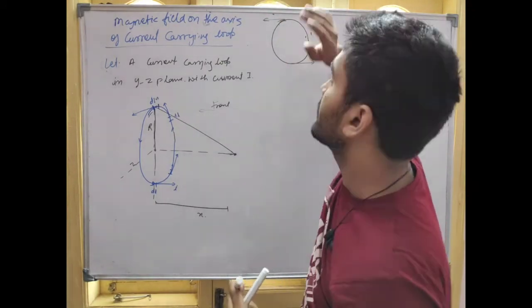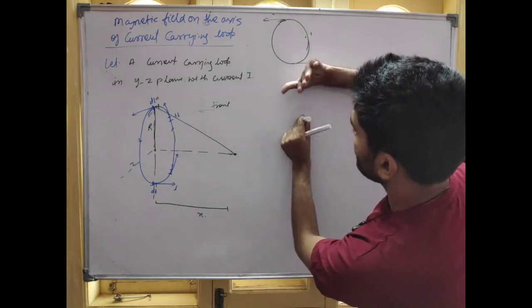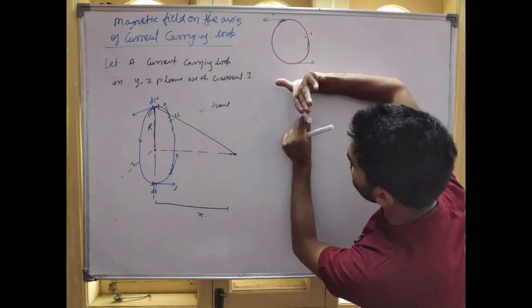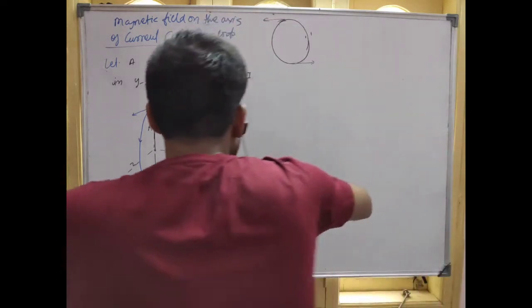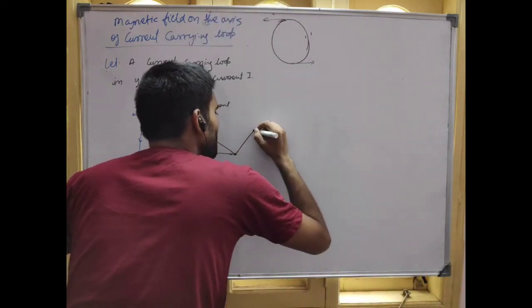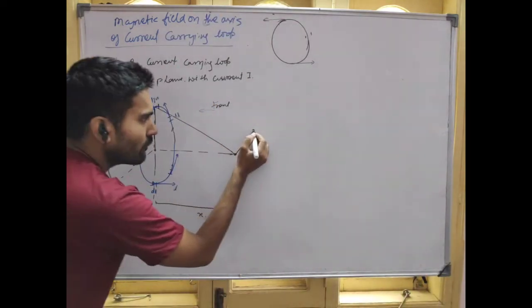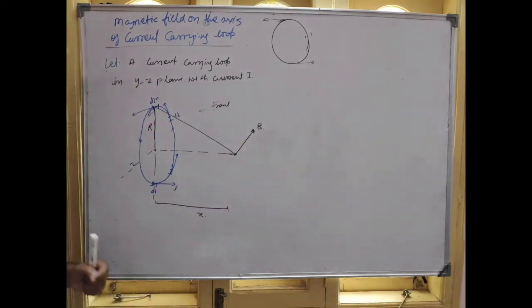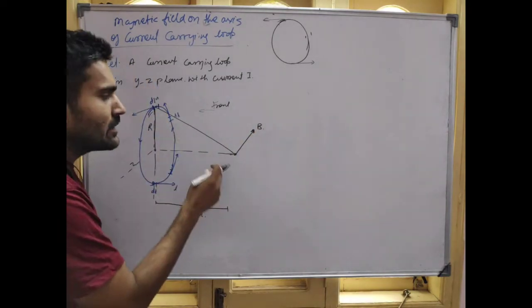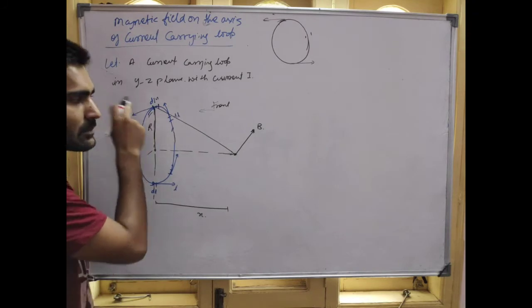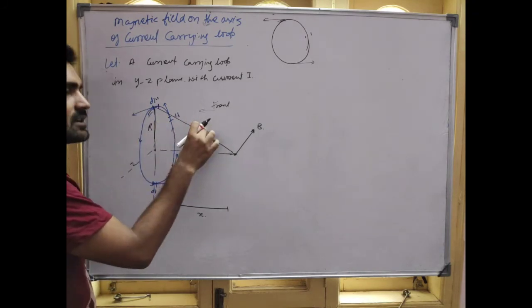See, it is like this. The current is here, the point is here, so the direction will be like this. Don't you feel the force direction will be perpendicular to this radius? Obviously we know that it will be perpendicular to the radius, that is, perpendicular to the distance and the dl.